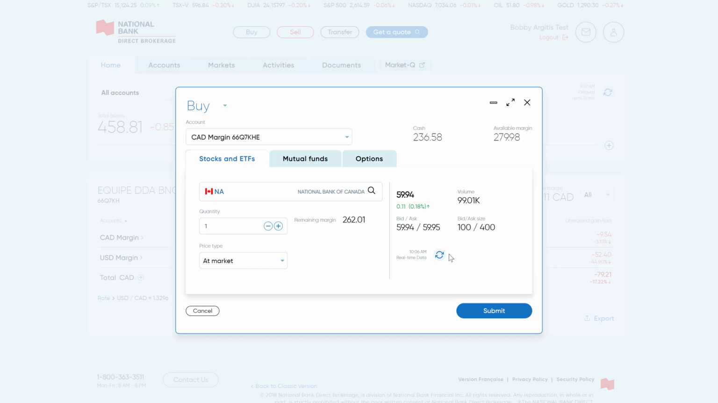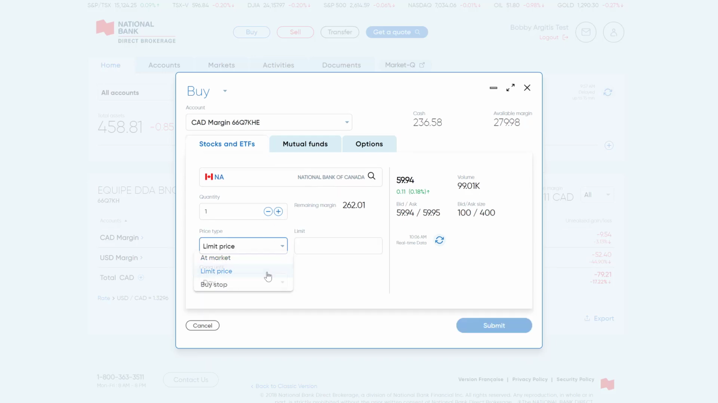Currently, National Bank is trading at a price near $60, but let's say that $58 is the max price that you're willing to pay for the stock, so you would need to choose limit price and then type in $58 in the limit box, and then we would need to choose the duration of the order. It can be for the day or up to 60 days. Let's choose January 31st, for example, and once chosen, all that remains to be done is click on the Submit